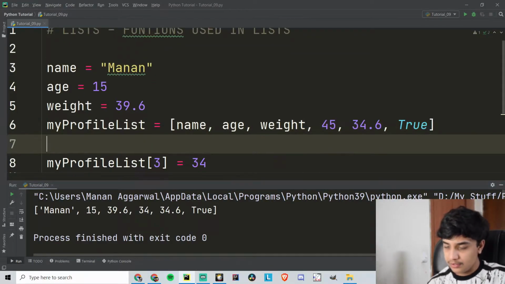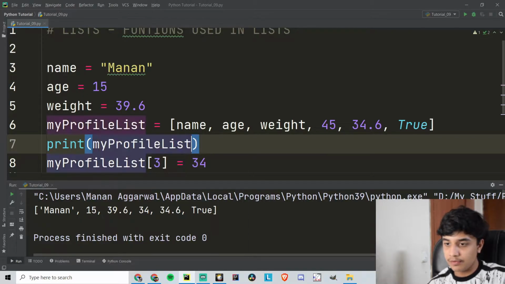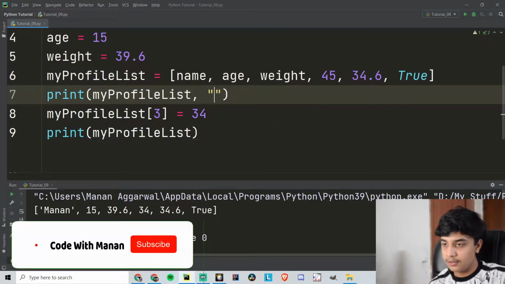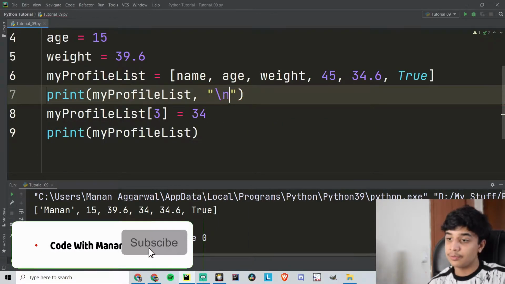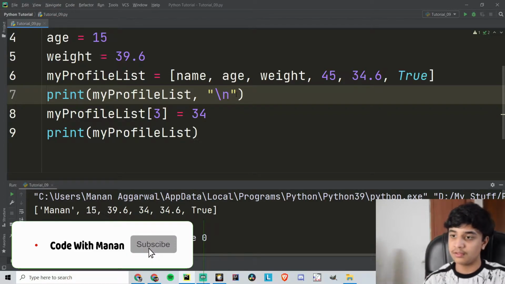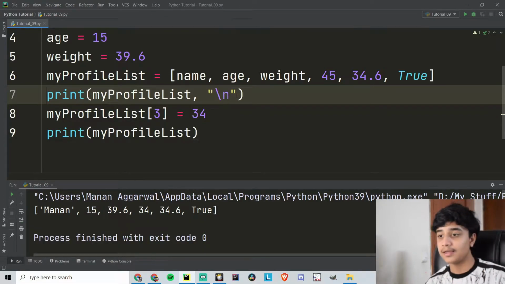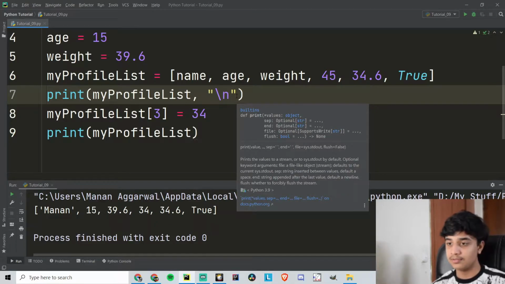I can do another thing: I can print my profile here, write a comma, and add an escape sequence. I have told you what escape sequences are. If you haven't watched the video, you can go back and watch the video on escape sequences.